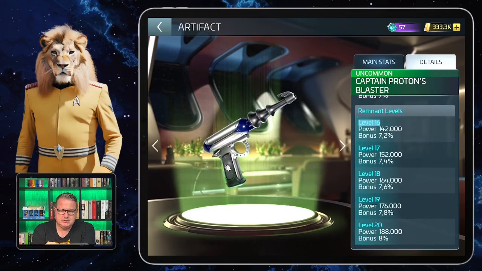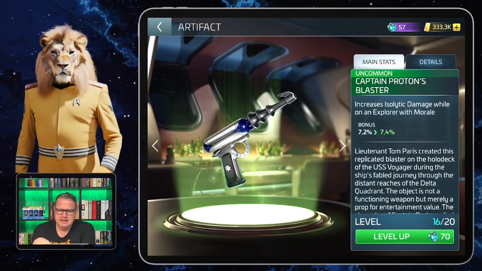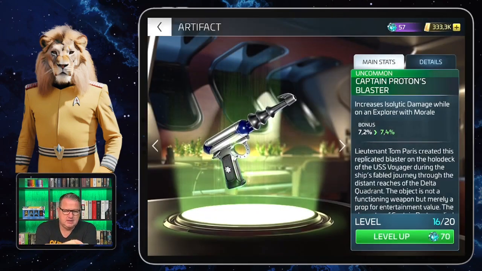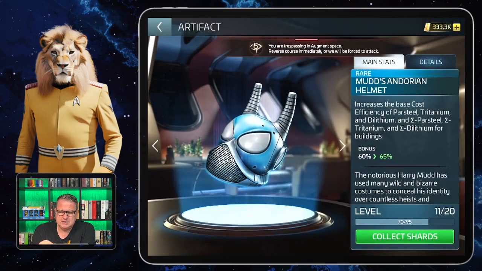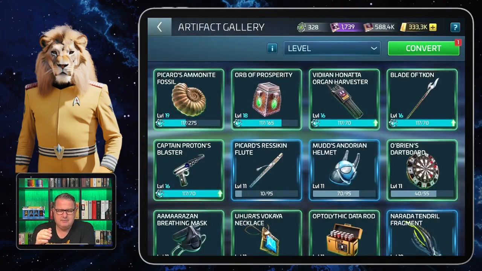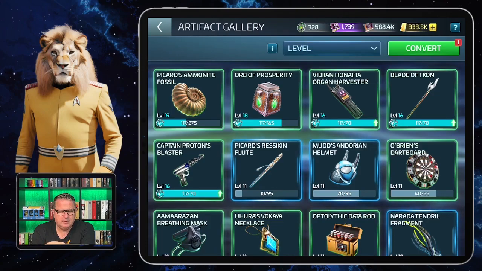And you already could see that on the main page, but you can see on the bottom here it says level up, and it shows artifact remnants and no shards. On other artifacts like Matsandorian helmet, when you look at it, it says collect shards to upgrade it, because from level 15 or after level 15, the whole system is working more like transporter patterns. And for Captain Proton's blaster, which you only can upgrade further than level 15 after you reached Ops 50,